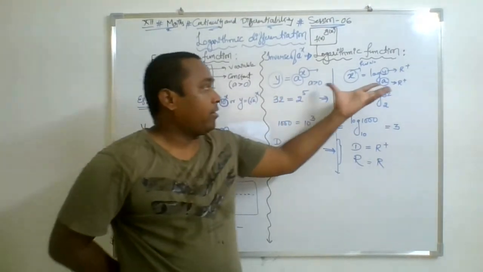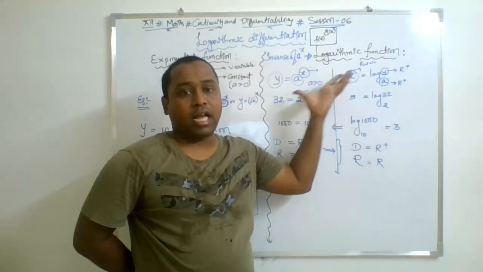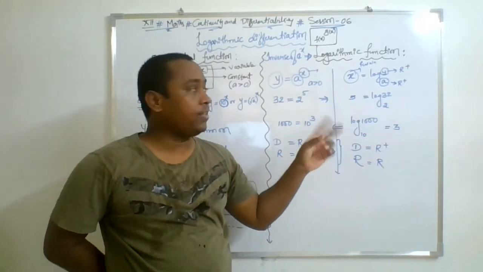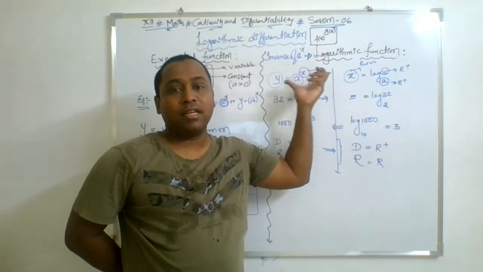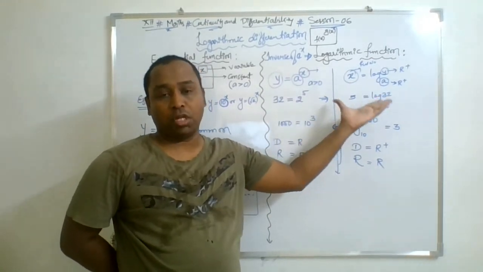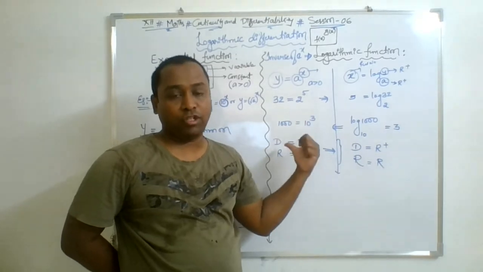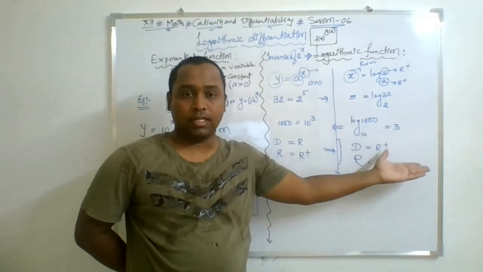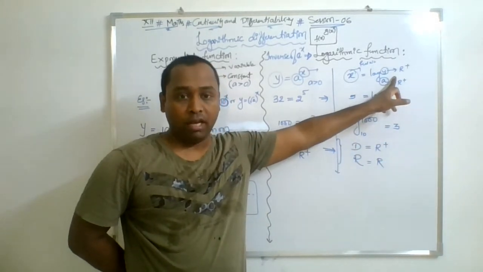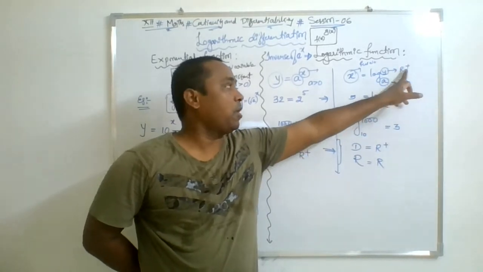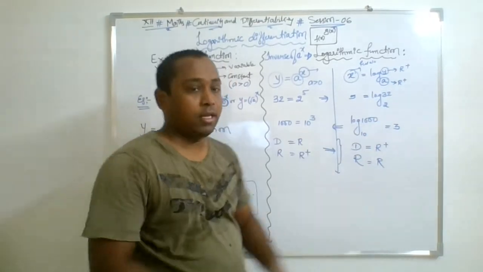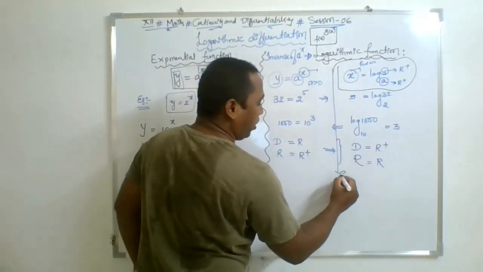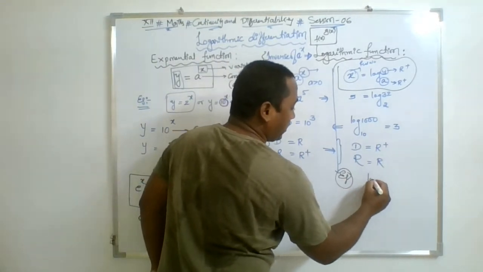So logarithmic function is nothing but another way of expressing the exponential function. One point. The second point is the logarithmic function is simply the inverse of the exponential function. But the condition on which the exponential function works, on the same condition the logarithmic function also works. Hence, logarithmic functions are only for where the domain belongs to positive real numbers. So, to keep this thing very clear, I am giving only two examples, whether it is defined or not.